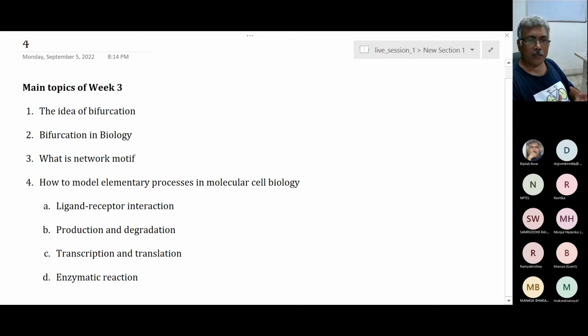Bifurcation is a concept related to dynamical systems. And in biology, we use this principle of bifurcation to explain diverse phenomena. For example, you must have heard of EMT, epithelial to mesenchymal transition. That happens in embryogenesis, as well as in cancer cells when they undergo metastasis. Epithelial cells remain attached to each other. And when they get a signal, like a signal by TGF beta, they detach from themselves. They become circular. They get migratory potential and they start migrating because they are no more epithelial, they are mesenchymal